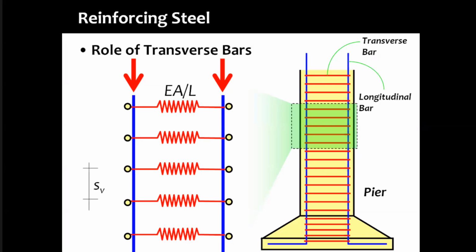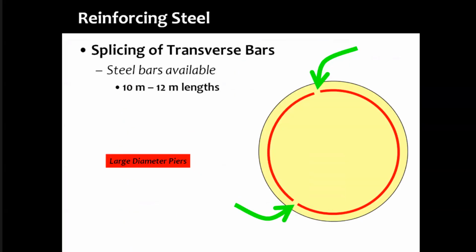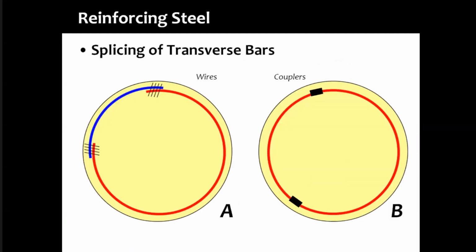And as a consequence, your EAI by L is lesser. So higher grade concrete will give you lesser confinement, higher grade steel will give you lesser confining action. And so for transverse reinforcement, the higher grade of steel is not acceptable. Okay. And that is where we are talking about